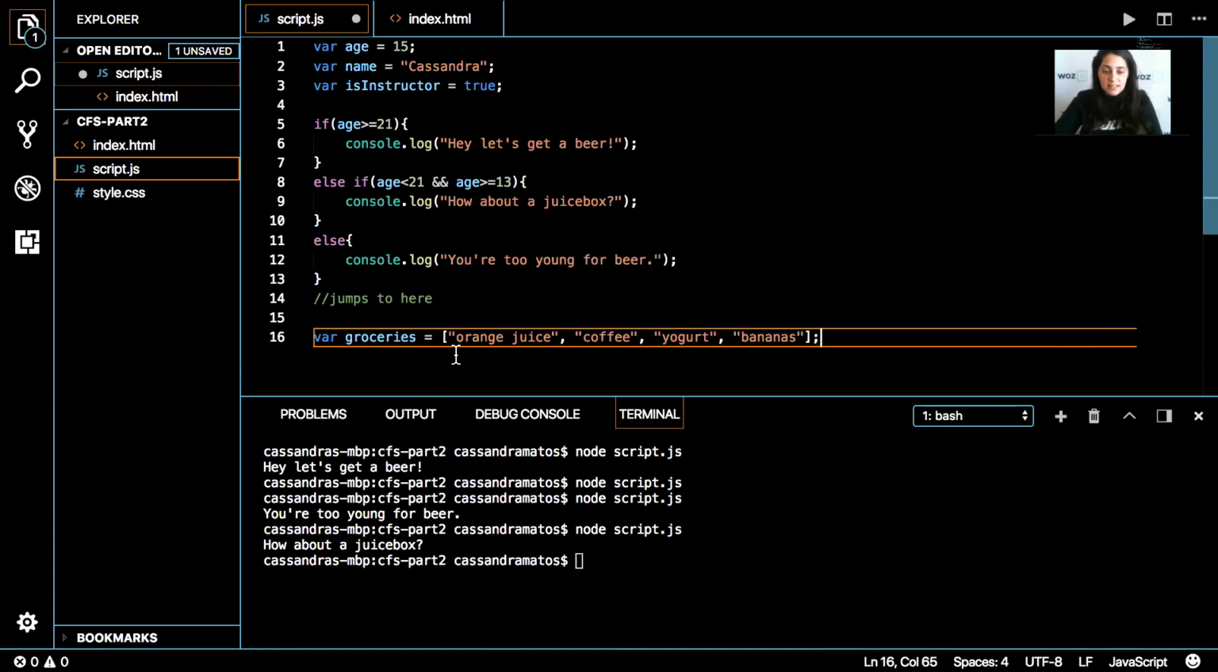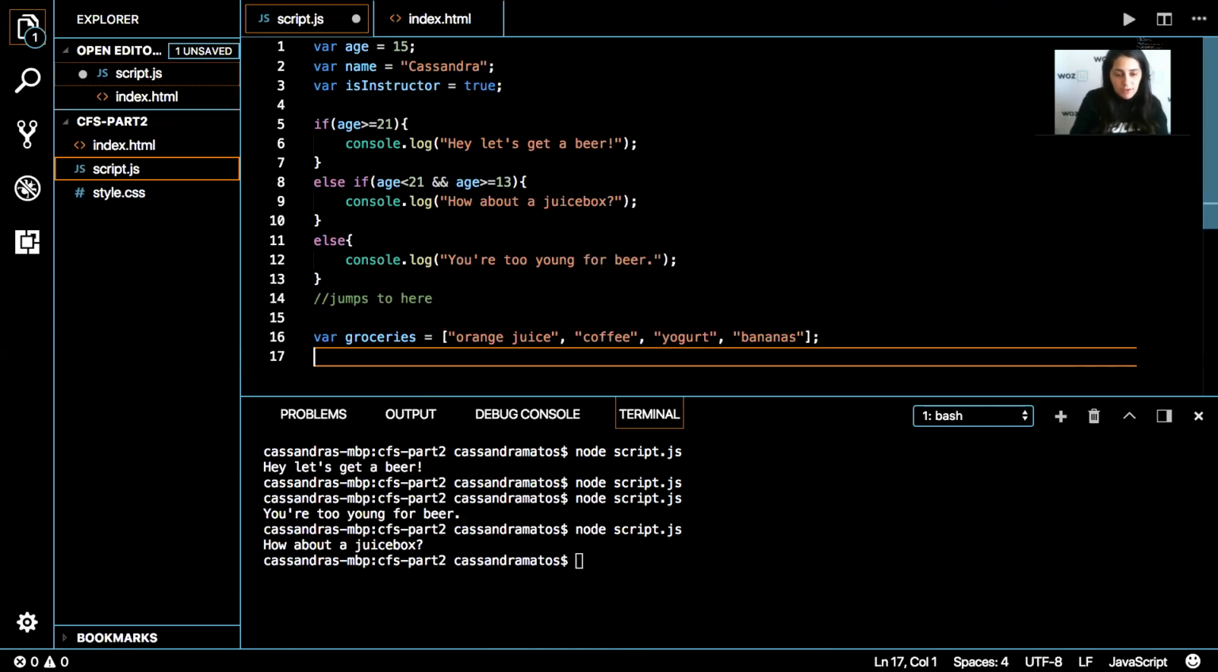With arrays, index sets start at 0 instead of 1. So normally we're used to 1, 2, 3, 4, 5, but with coding, it starts with a 0. So it's 0, 1, 2, 3. So here, orange juice would be index 0, coffee would be index 1, yogurt would be index 2, and bananas would be index 3. So if I wanted to console.log